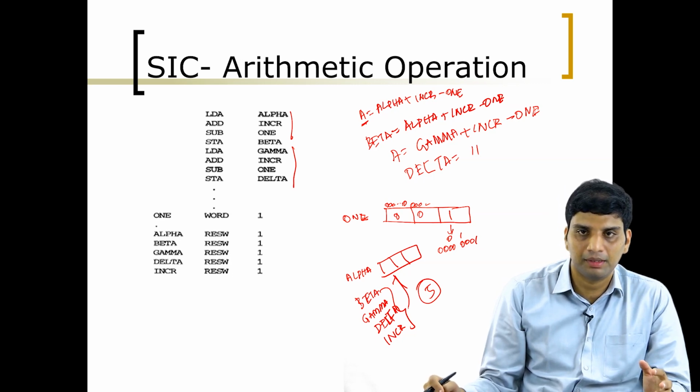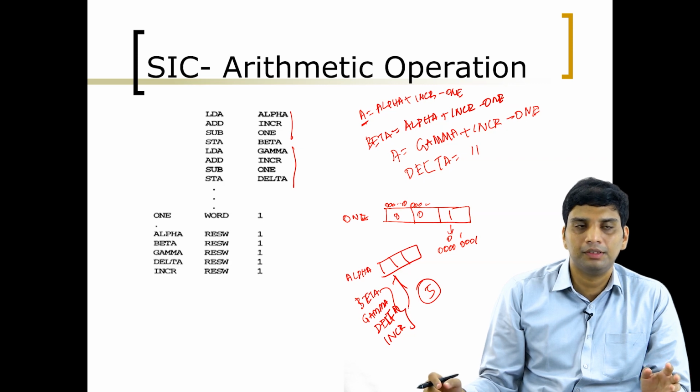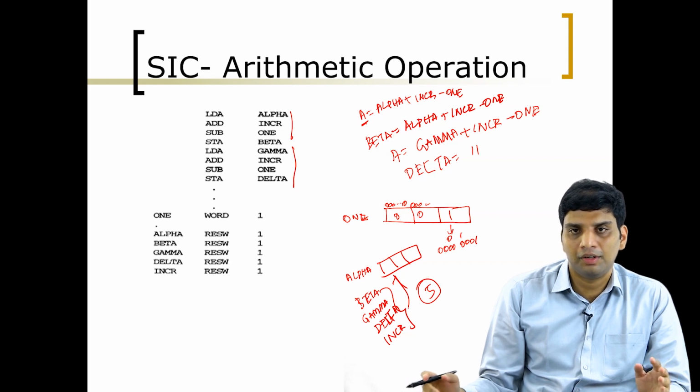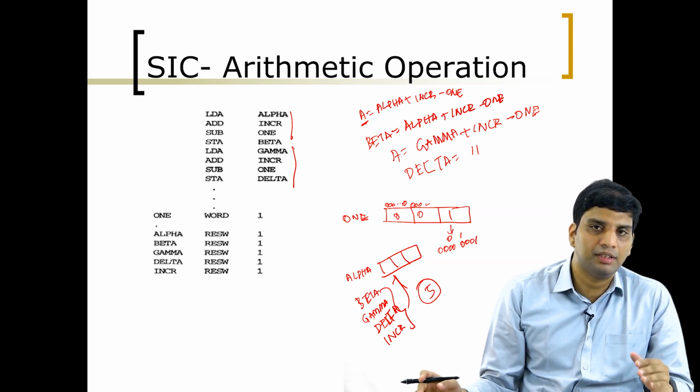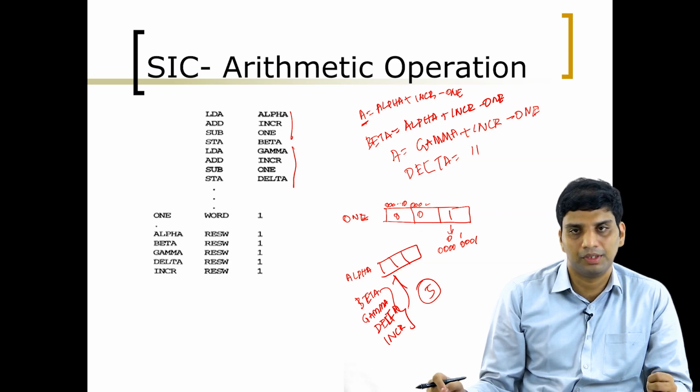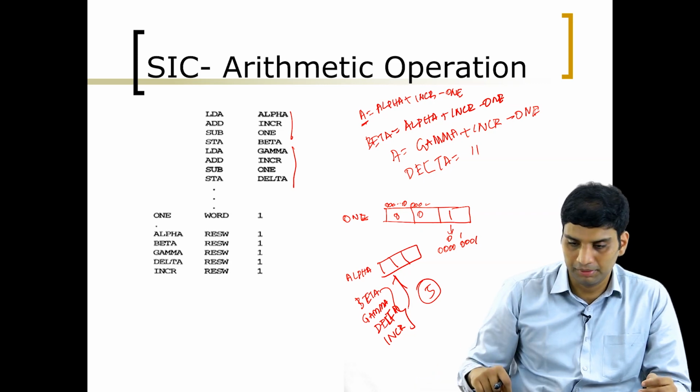This is how an arithmetic operation takes place. When you are performing an arithmetic operation, what do you have to do? First you have to put the initial value inside the accumulator. Then you can perform your temporary operations. When all the operations are over, or when your work is over, you have to transfer the content from the accumulator into the permanent storage where you want to store it. That is how an arithmetic operation takes place.